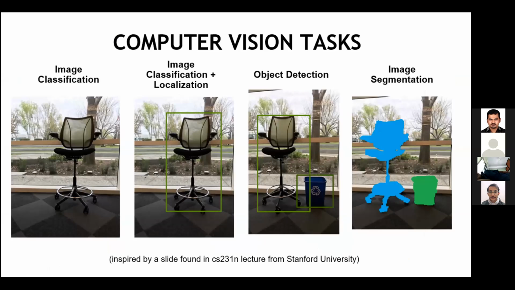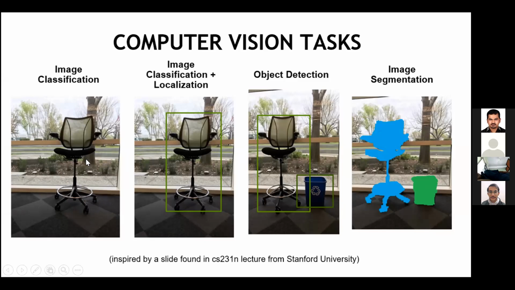Before going ahead and doing the next hands-on session, I will just mention some of the computer vision tasks. These are some of the terms that you commonly come across in the literature. Image classification. So what is image classification? You see this particular image. In this particular image, you have a chair. So the result of image classification is, if you feed in this particular image, the output says that it's a chair.